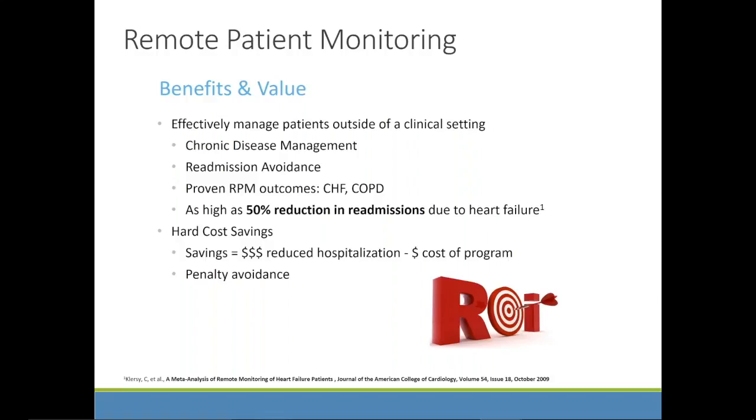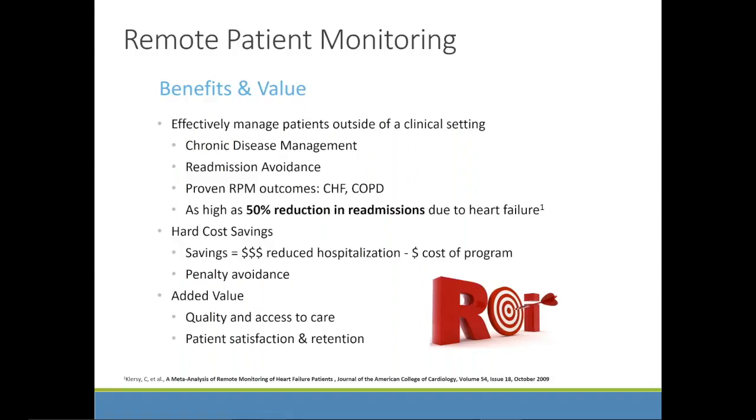As you're looking at a program, it's natural to ask questions about the return on the investment. And while the details and the complexity of an ROI calculation is beyond the scope of today's webinar, in broad strokes, the value of remote patient monitoring is best realized in terms of cost savings and reduction in hospitalizations. So your savings for a program is typically the cost of the program offset by the reduction in hospitalizations, which